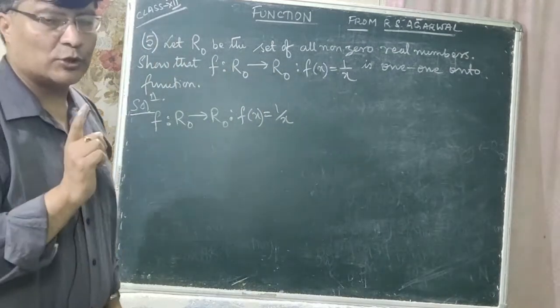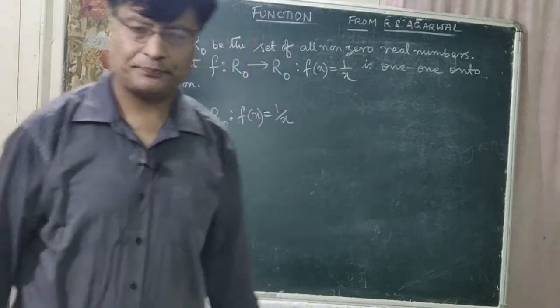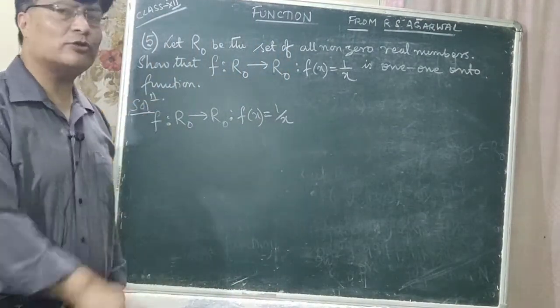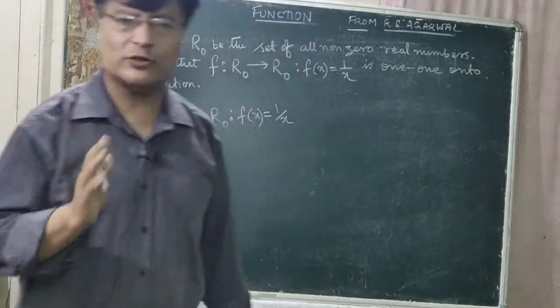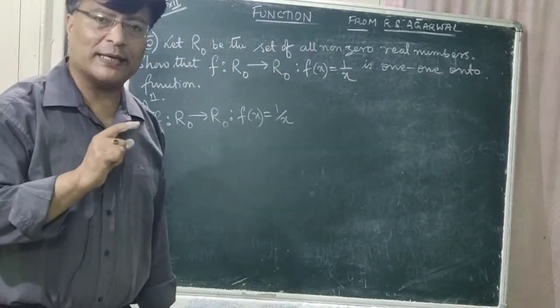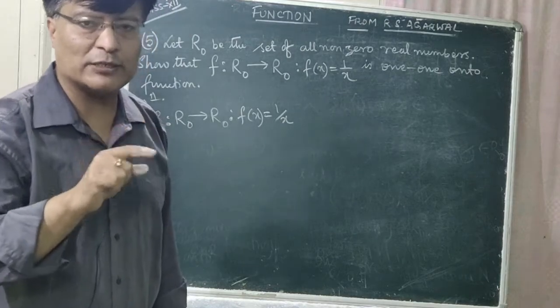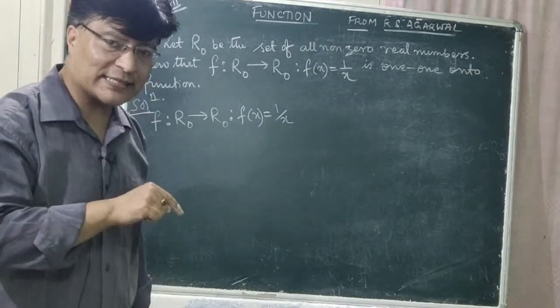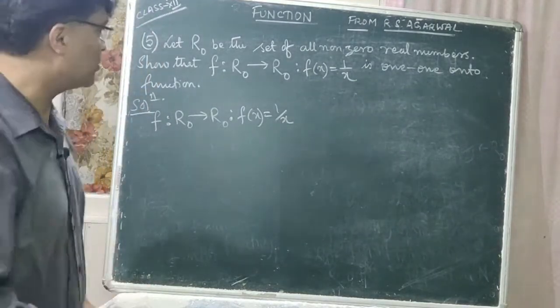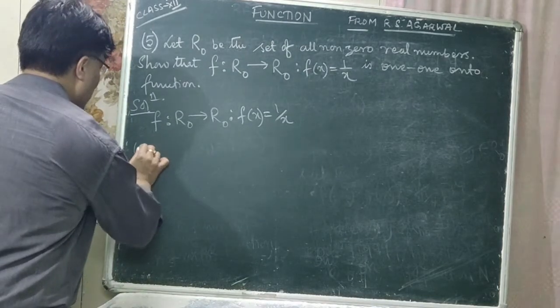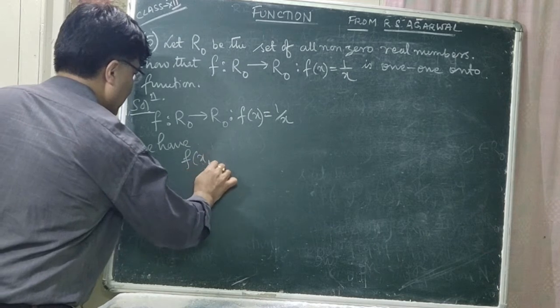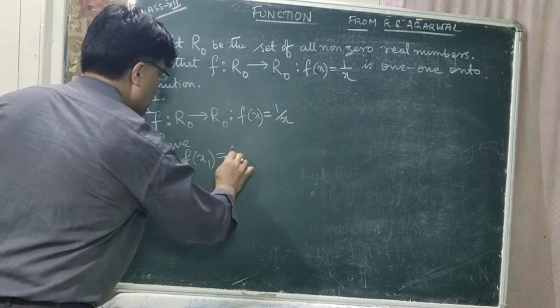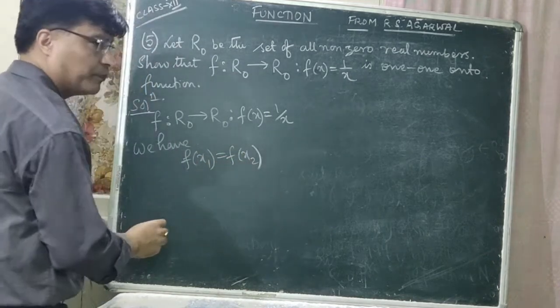Okay, so in order to prove a 1 1 function you have to prove that if f of x1 is equal to f of x2 it implies that x1 is equal to x2. Okay, so we have f of x1 is equal to f of x2 for